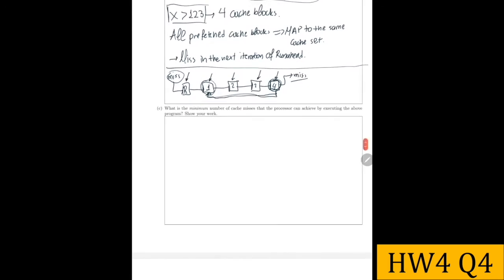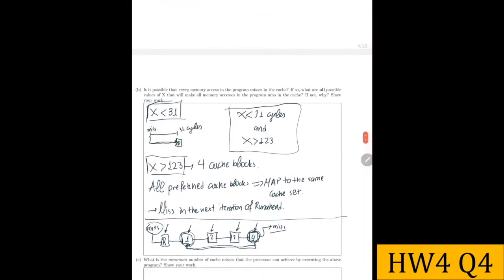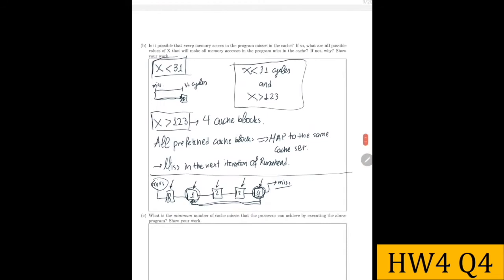So what is the minimum number of cache misses that the processor can achieve by executing the above program? Okay, we saw here a case where we were able to prefetch two cache blocks. And we saw here that also if we prefetch 4, it is a problem. So we will search what's going to happen if we are able to prefetch exactly 3 cache